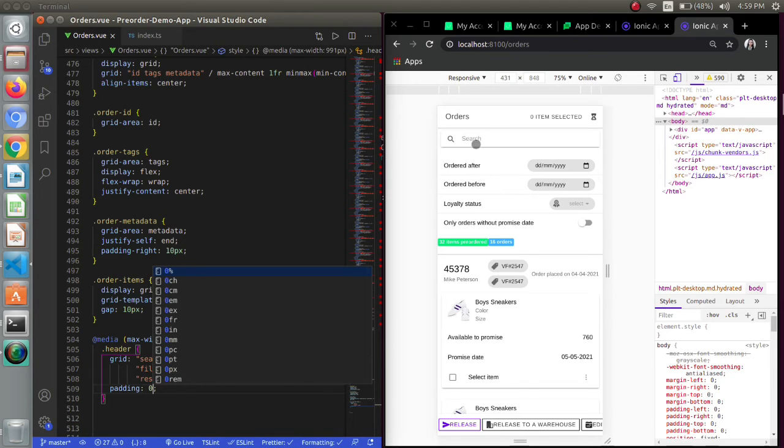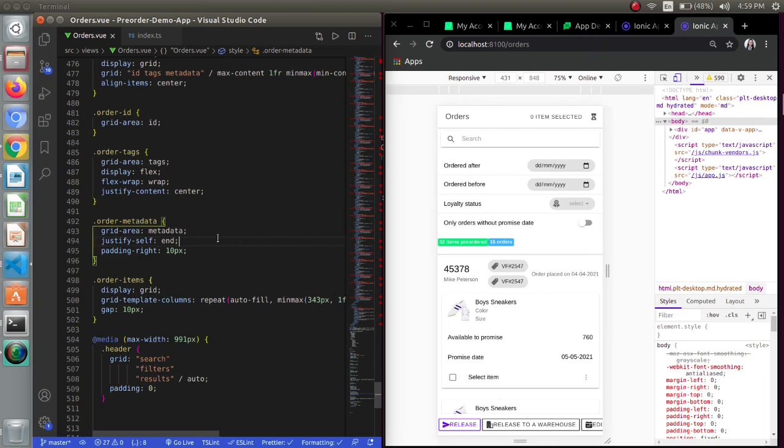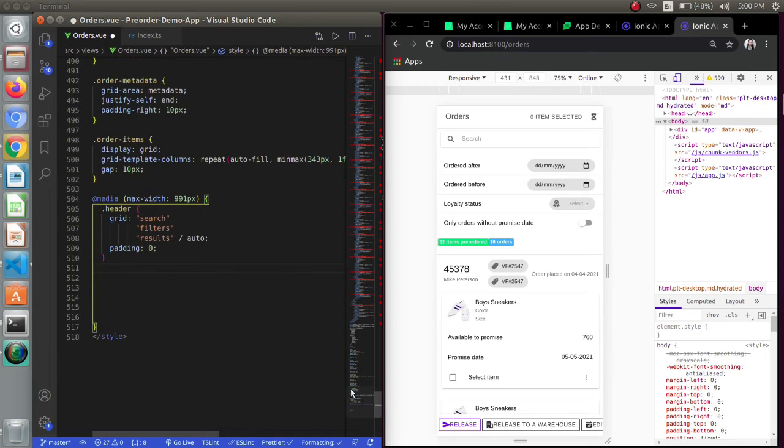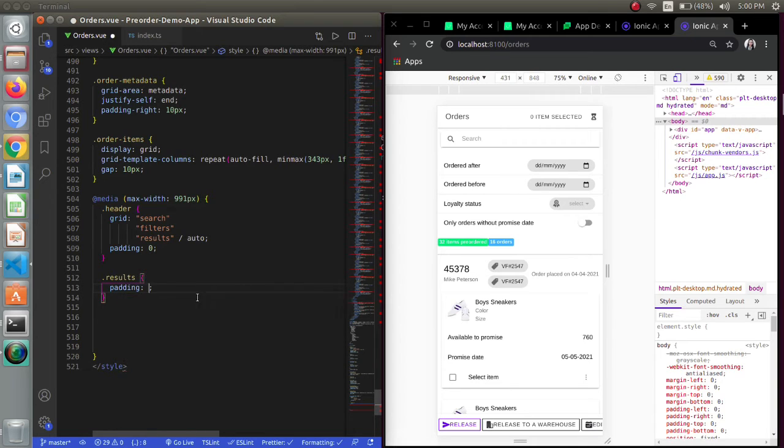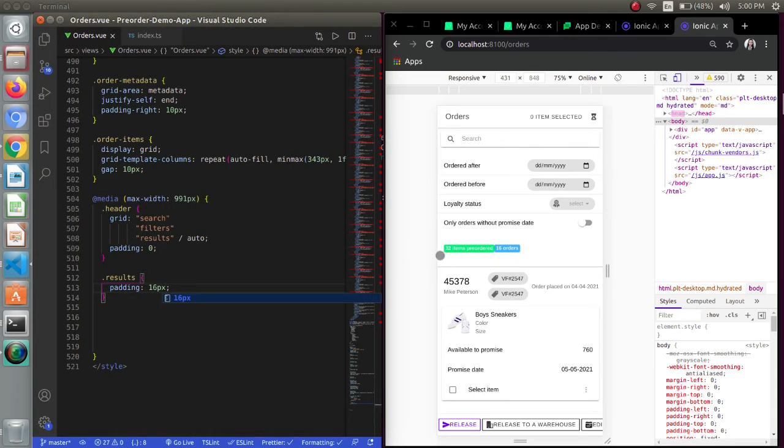As we set the padding to 0, the results are not looking appropriate, so I will be providing some padding through the result class, and I want its padding to be 16 pixels from everywhere. So I will set the padding to 16 pixels, so it will set the padding for top, right, bottom and left. Now it's looking appropriate.